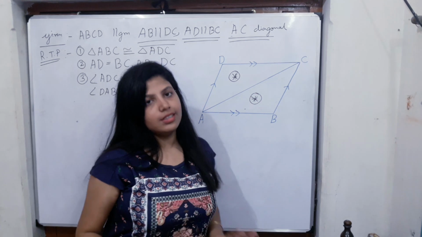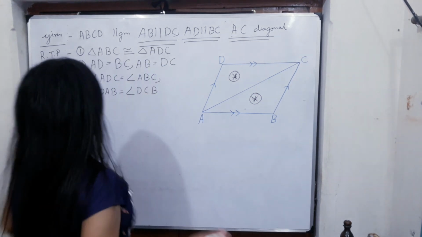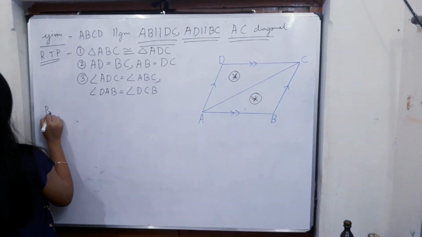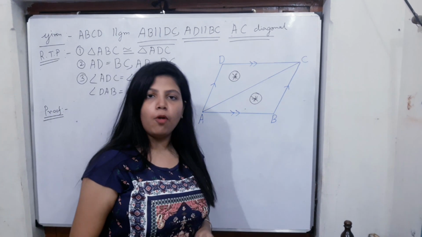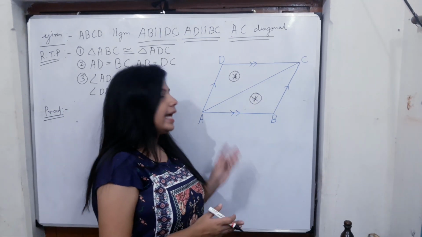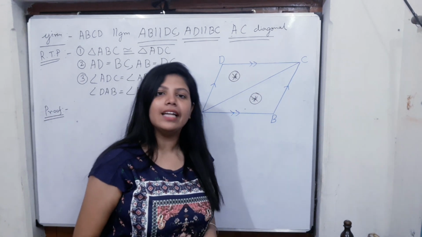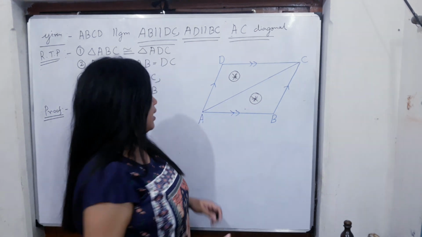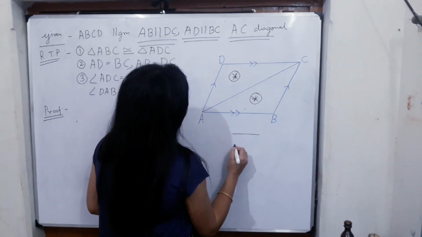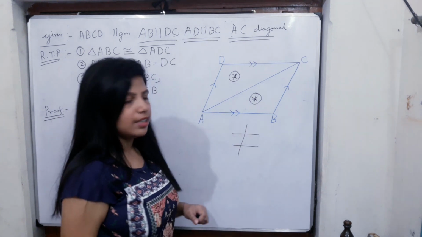Now there is no construction here. You can observe that. So now I will start the proof part. First, I have to note down 3 points here. Why? Because since I have to prove that these two triangles are congruent, and we know that to prove congruency I need 3 conditions. So if I draw two parallel lines here and take one transversal,